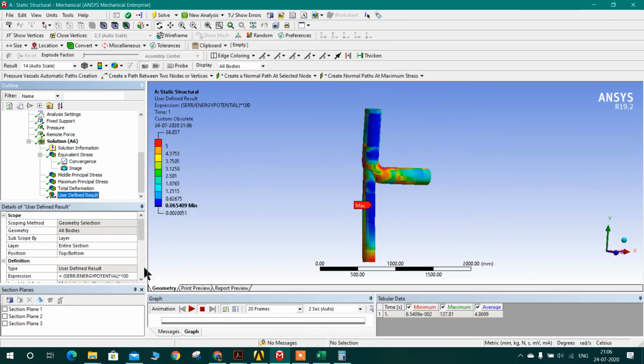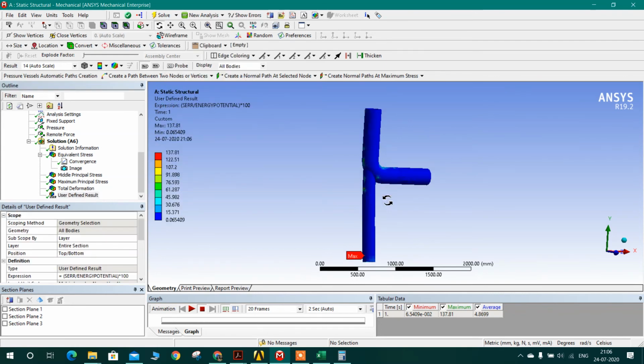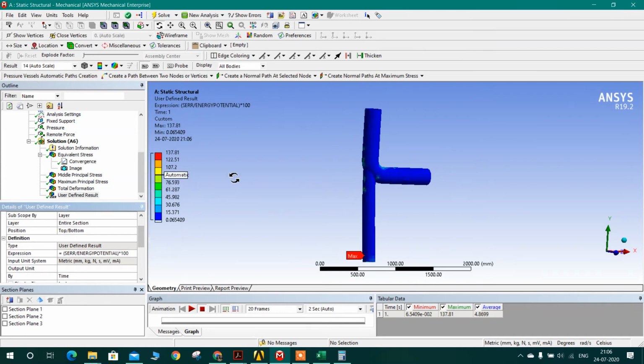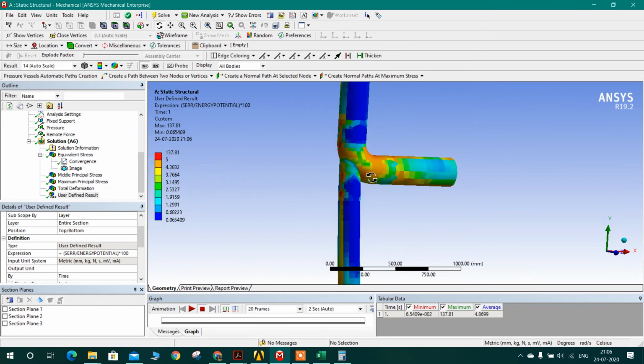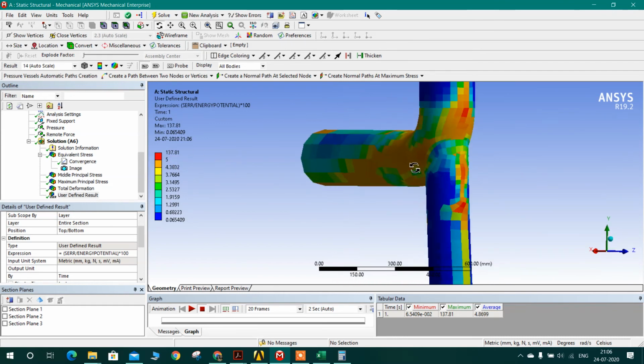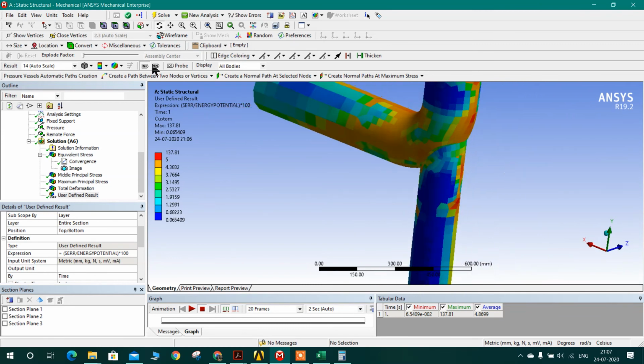Also, there is one thing we need to check, which is the energy error or the mesh error. This is the formula to get the mesh error. I can see where the regions are with more than 5% error.